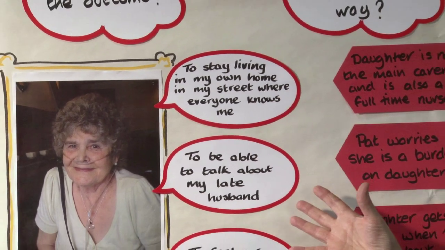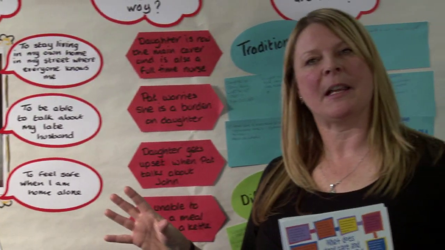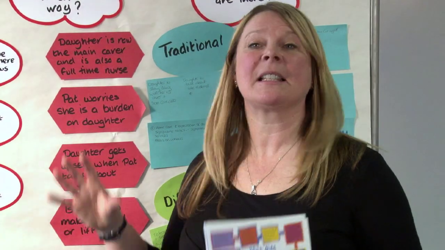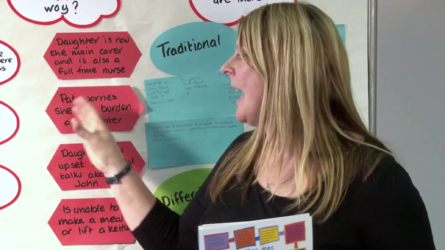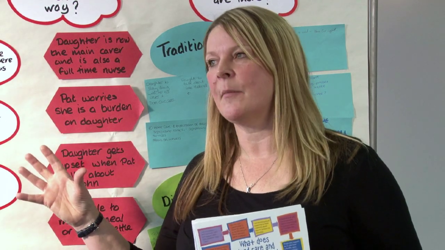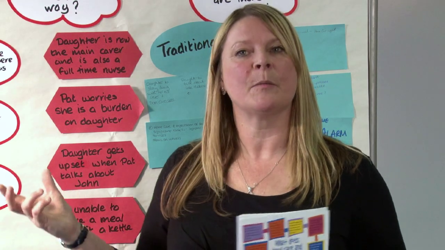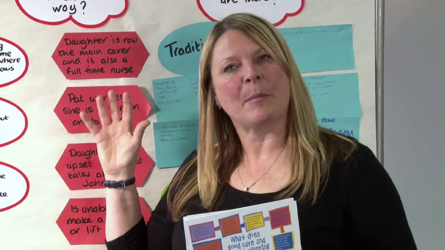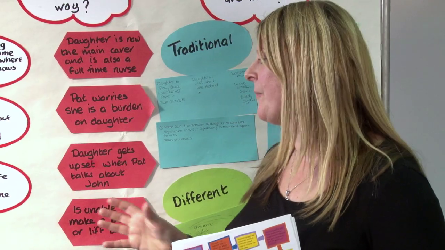The reason she ended up needing a support plan and a budget was because her main carer, my stepdad, had suddenly died, and my sister became her full-time carer. My sister was a full-time nurse as well, so that created some problems. And because my mum had COPD, she had some health needs, but she also had some other needs because she was suffering from depression, partly due to bereavement. One of her other outcomes was to be able to talk about her late husband. So that was a problem at the time.